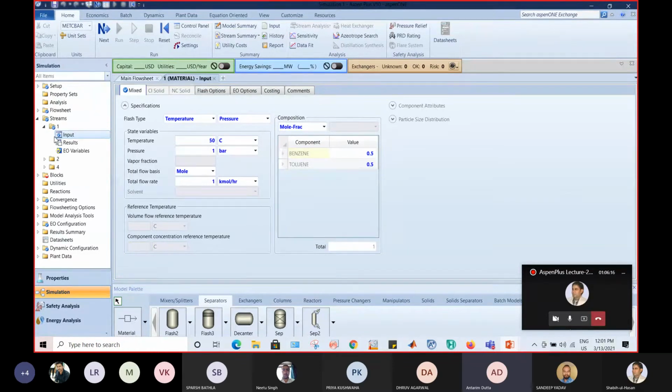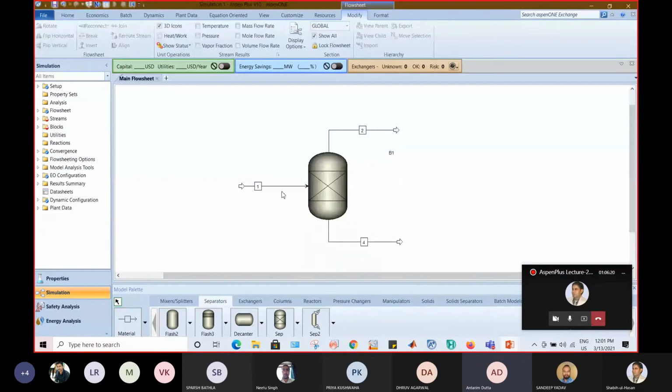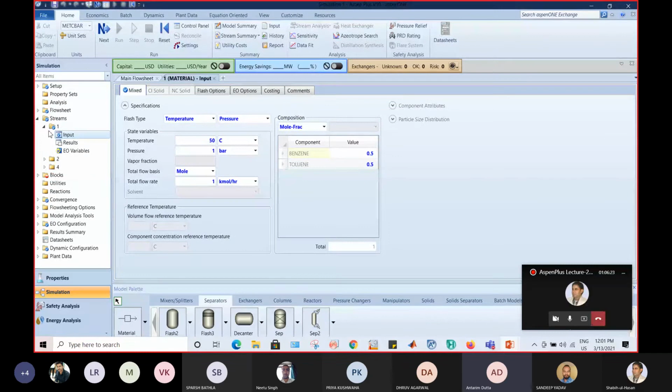And you can see that nothing is required regarding stream number 2 and stream number 4. Each and every model present in the Aspen Plus model palette is a rate-based model. That means this model will give you results according to its rating, so there is no specification required for the output stream. So no such data is required.